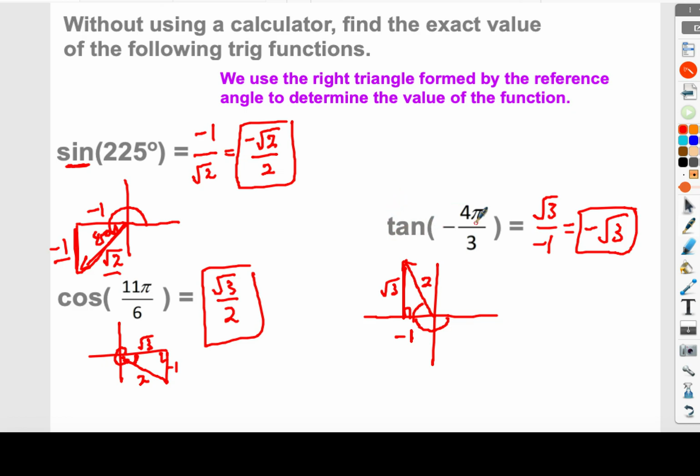Tangent at 30 degrees would have been root 3, right? Or sorry, at 60 degrees, 60 degrees would have been root 3. But the tangent at -4 pi over 3, up in quadrant 2, well, tangent's always negative in quadrants 2 and 4. So again, the only